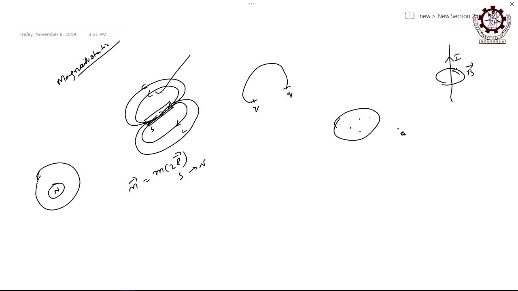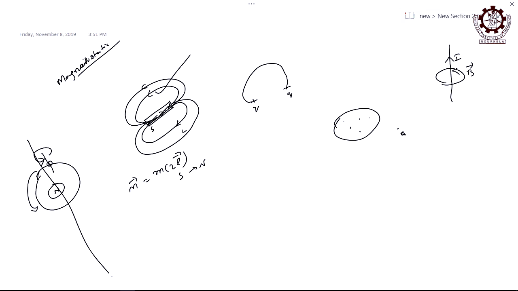So now, how do you say that this atom possesses magnetic behavior? Why does it have magnetic behavior? The electrons are revolving. Let us say this electron is moving around its own axis, that is due to spin, and also it is moving around the axis of the nucleus, both simultaneously, like planets revolving around the sun. It moves around the axis passing through the nucleus as well as around its own axis. This is the spin motion, and this is the orbital motion. Two kinds of motion are there for electrons.